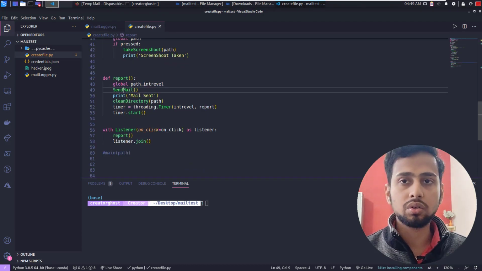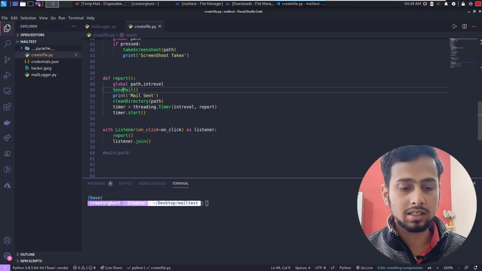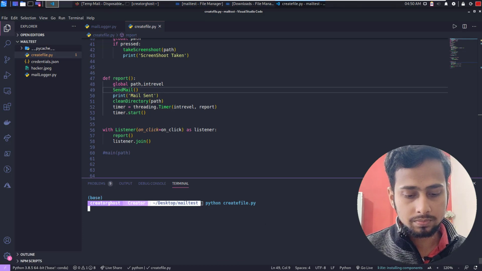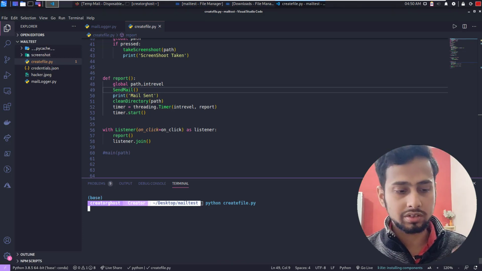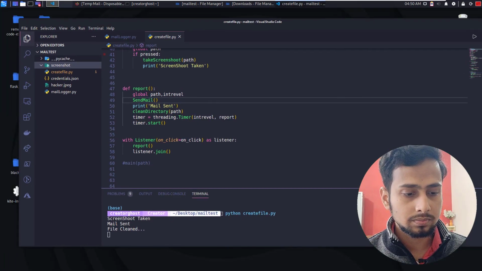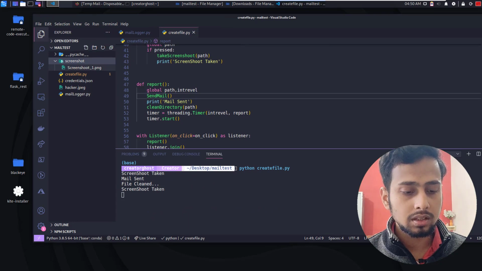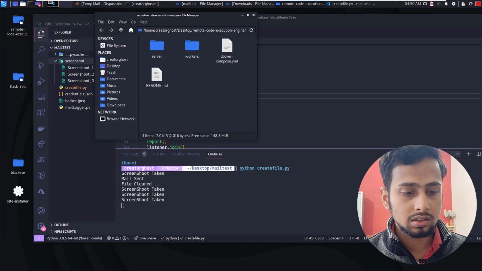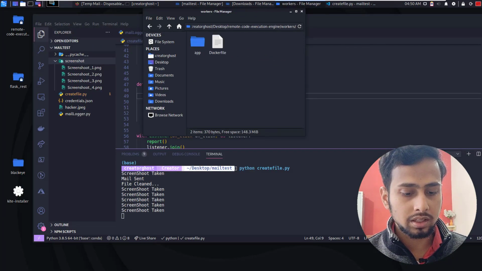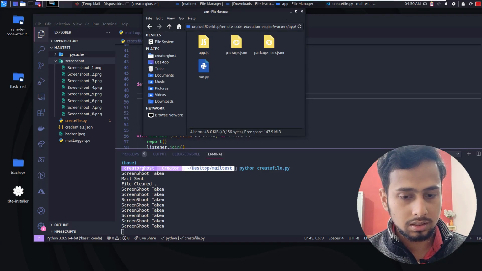So now let's try to run our code and let's see if multiple images are sent to us or not. So let's try to run this file. Now a screenshot folder is created. Let's click, and one screenshot should be taken. So yes, it is working. Now let's open a file, and we have opened, let's say, worker, screenshot is taken, and let's say app, it is done.